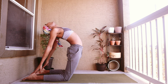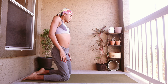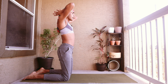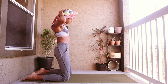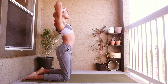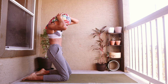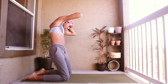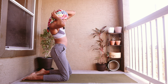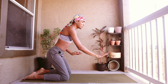Shifting the hips forward on an exhale. Inhale, slowly rolling the body back up. Maybe moving the hips in circles. I like to bring the hands to the back of the head and bring the elbows towards the hips, creating a circle with the hips and the shoulders. From here, we're going to come back onto our hands